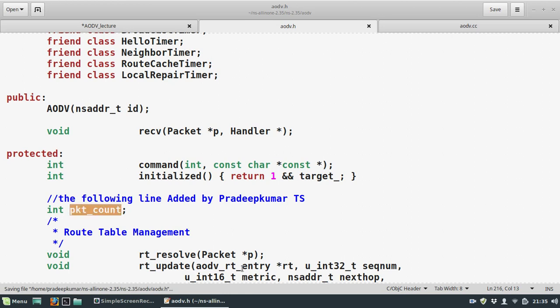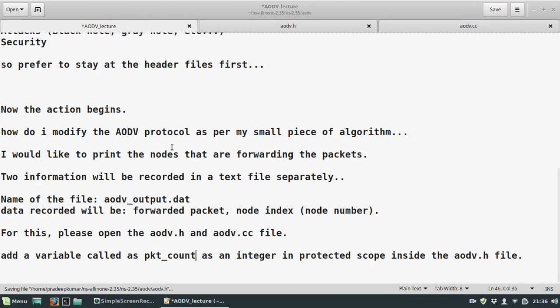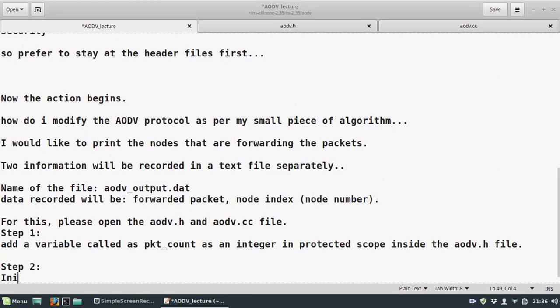Packet count, okay, so I'll be using this variable name. I am declaring a variable as an integer, so please understand accordingly. Okay, that is step 1. Step 2 will be to initialize packet count with the value 0 in the aodv.cc file,